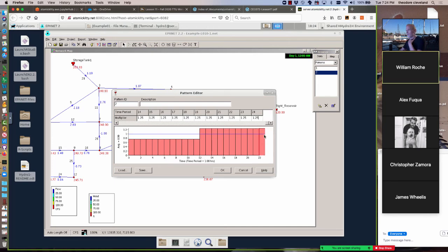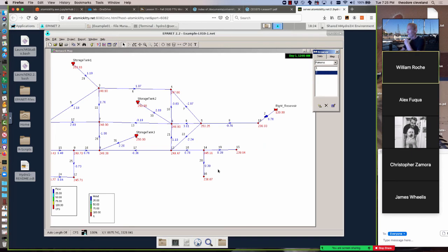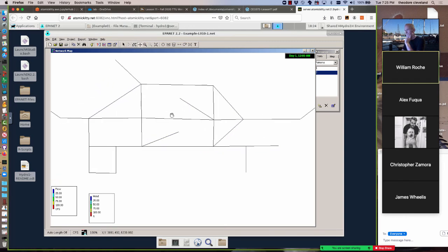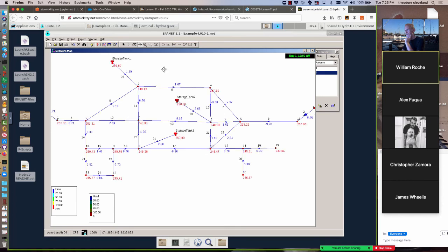So there's our 24-hour pattern. Our average is now pretty close to 1, and we'll press the okie dokie button. And now all we would have to do is change the demand pattern for all the nodes. And the easiest way to do that is to somehow get the screen